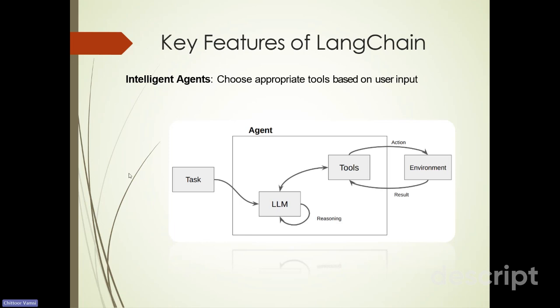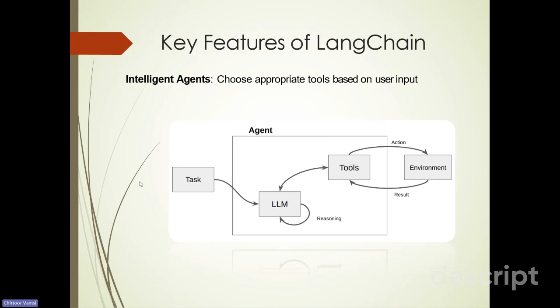So here you can see the task is coming and the LLM is going to communicate with that. It's trying to reason first in a self loop because it's trying to analyze and understand, okay, this is the question, this is the expected output or expected task, and I have this set of tools that I can play with. Now how can I solve this particular problem? Once it understands, okay, tool number one, tool number two, tool number three, these are the three tools that are required to solve this particular task, it identifies and tries to integrate them, join them together and solve the problem by itself.